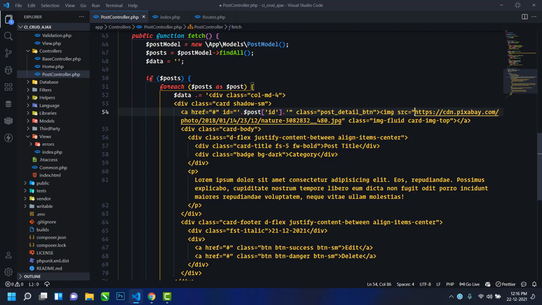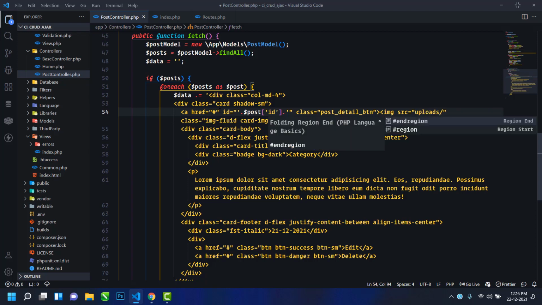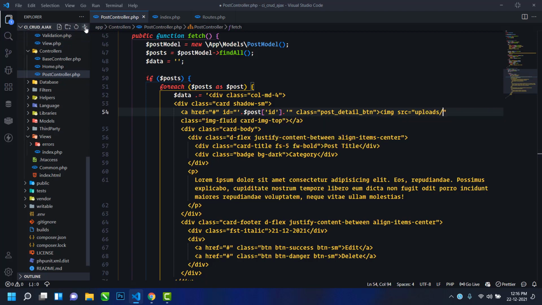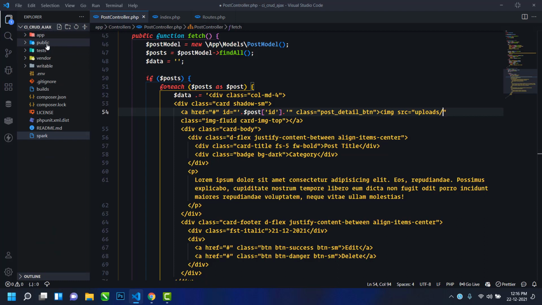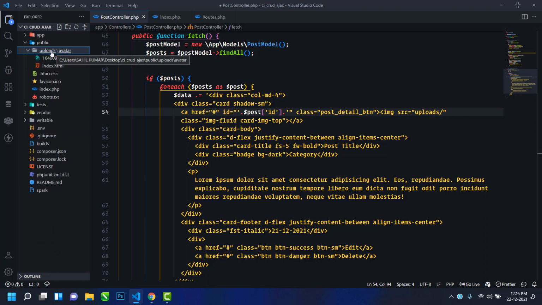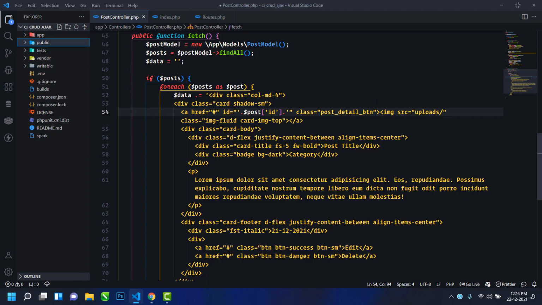And in the img tag I will display the post image, so I will remove this one. Here I will write uploads. You can see the uploaded images are located inside this public directory, and in this uploads directory there is another avatar directory, and inside this directory all the images are located. So we have to write the correct path here.